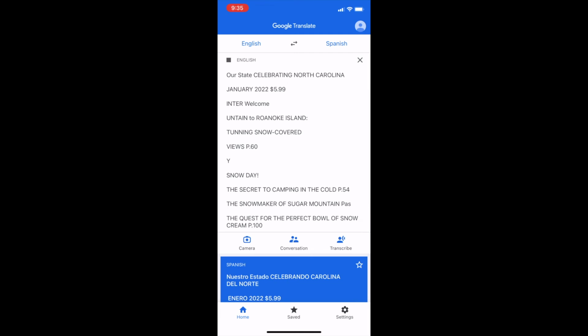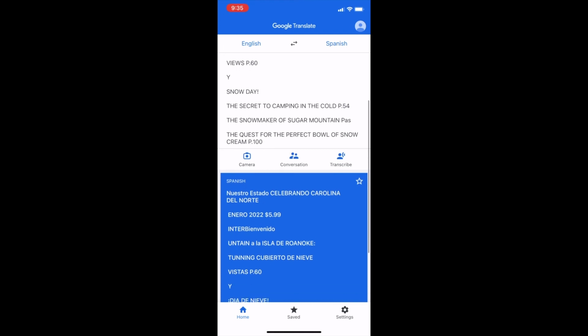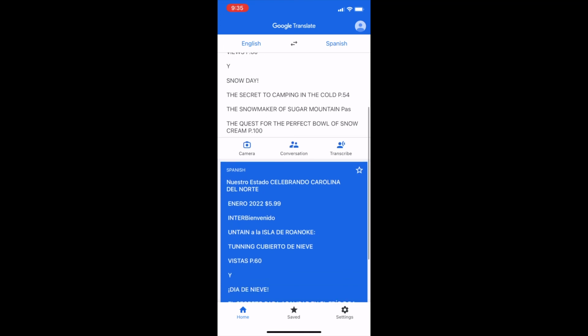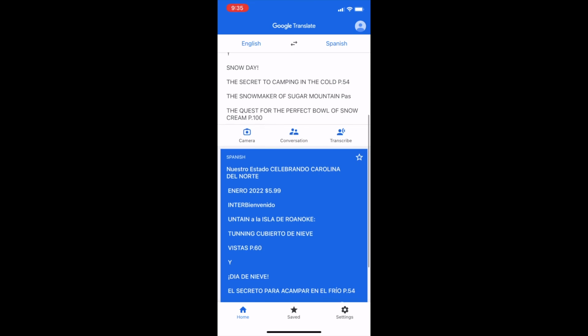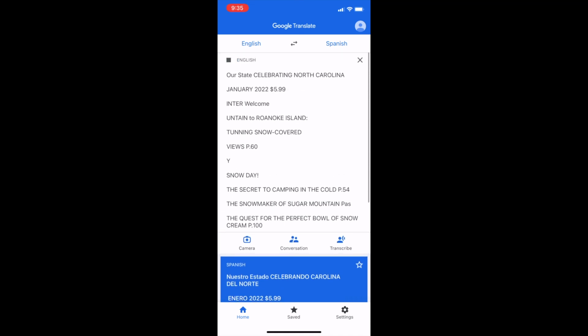Our state celebrating North Carolina January 2022 $5.99 Inter welcome UNTAIN to Roanoke Island. TUNNING snow-covered views P60Y snow day. The secret to camping in the cold P54 the